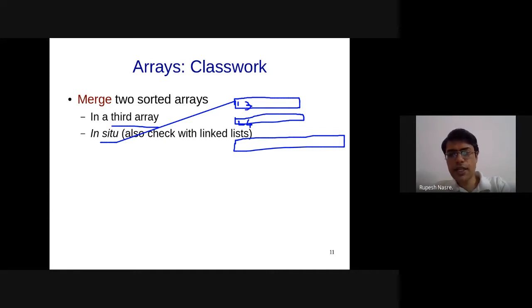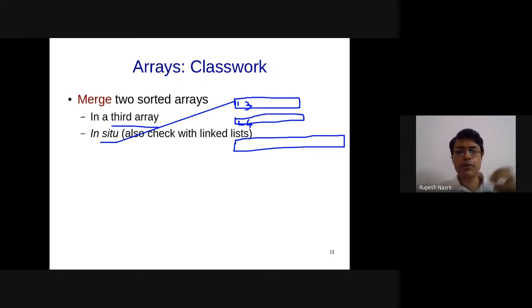Abhishek is asking how to return an array from a function in C++. Right? So in general, you can't return an array, but there are ways in which you can do it. For example, you need to pass that C as a parameter, and since arrays are passed with the address, it will also be visible inside the caller. Alternatively, you can push that array into a structure and return the structure. Since structures are passed by value, you will be able to return that structure, but that is not a very good way. It's more like a hack. So I think the best way is that you pass it as a parameter.